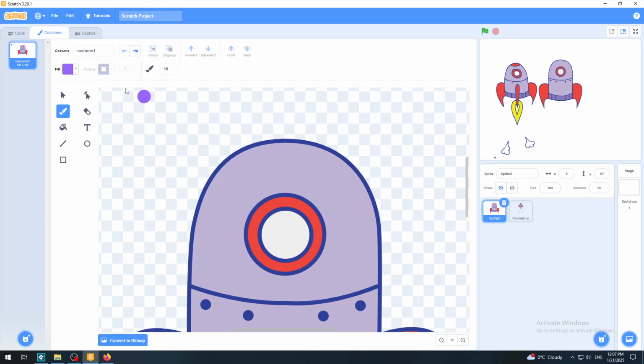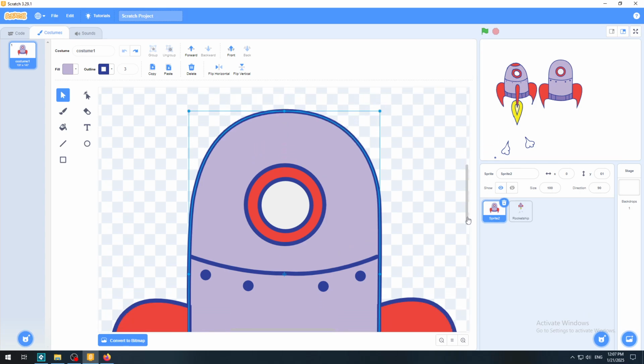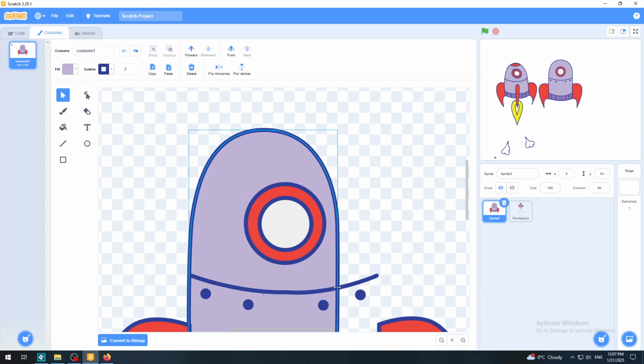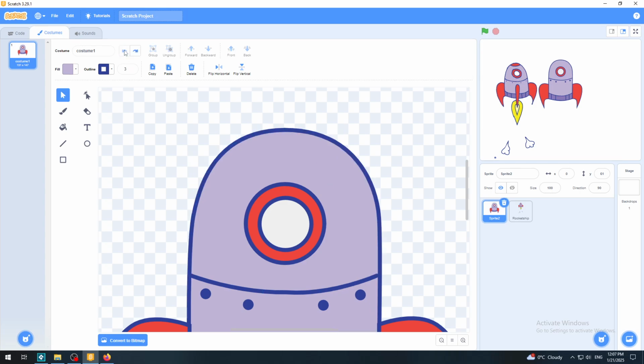Not sure what's the word, but narrow, more narrow, let's say like that. Select it and let me just, yeah, I would probably need to add, maybe if I try scaling it, it will scale the complete shape. So let's try to reshape it. Let's try to add one more